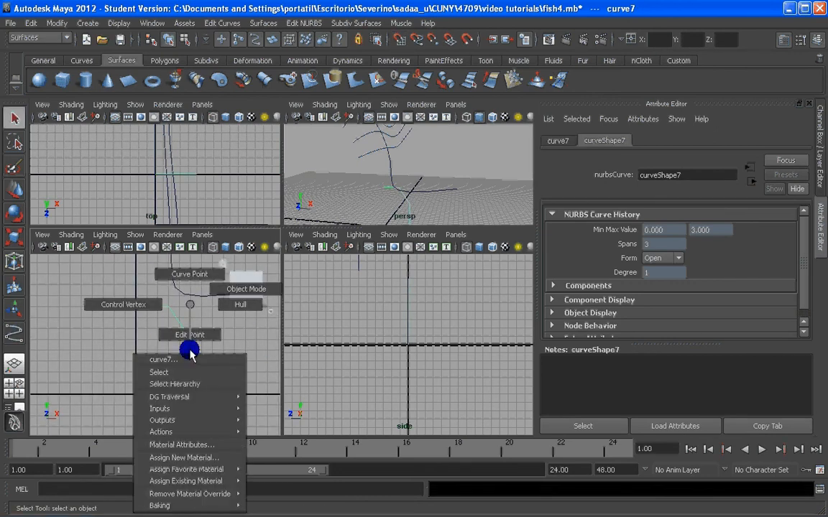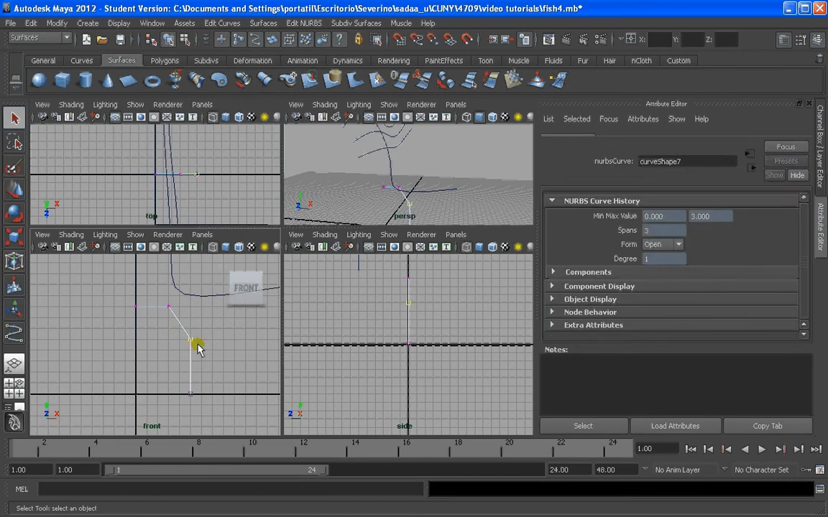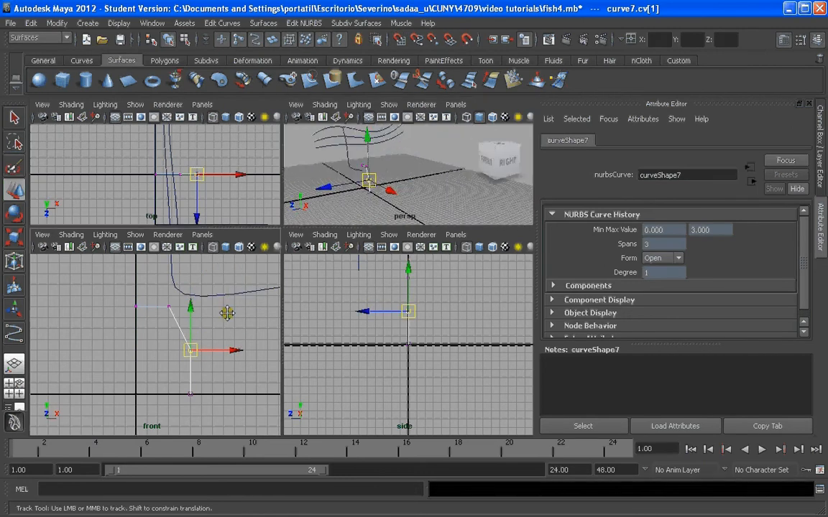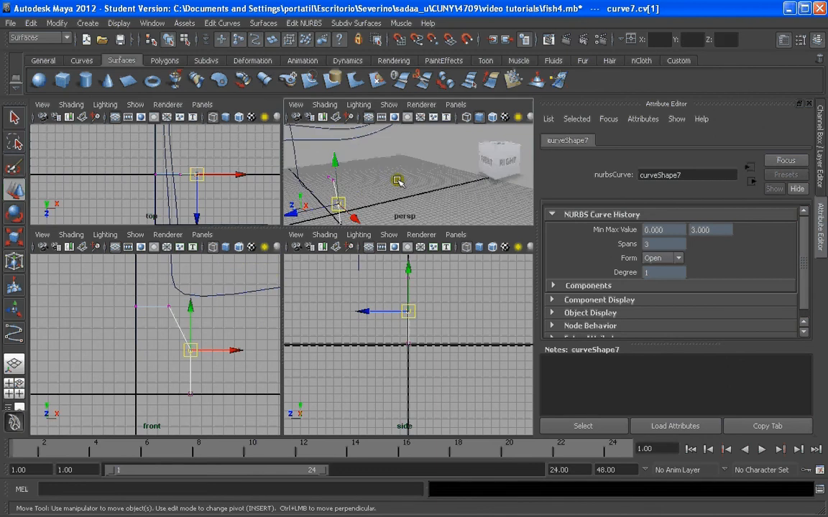We can right click and control vertex. I think this one should go down 1 unit. X and W for move first, X, and we take it down. There we go. Now remember, we're drawing in the front view, so here in the right we're actually drawing away